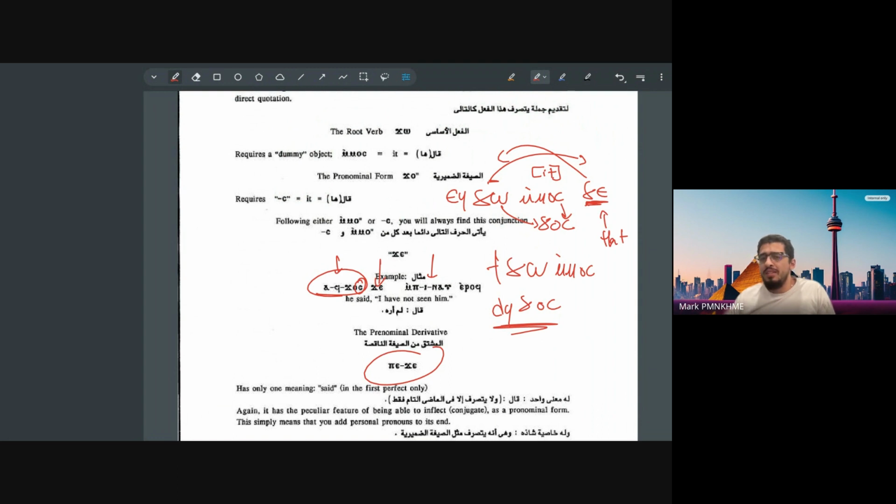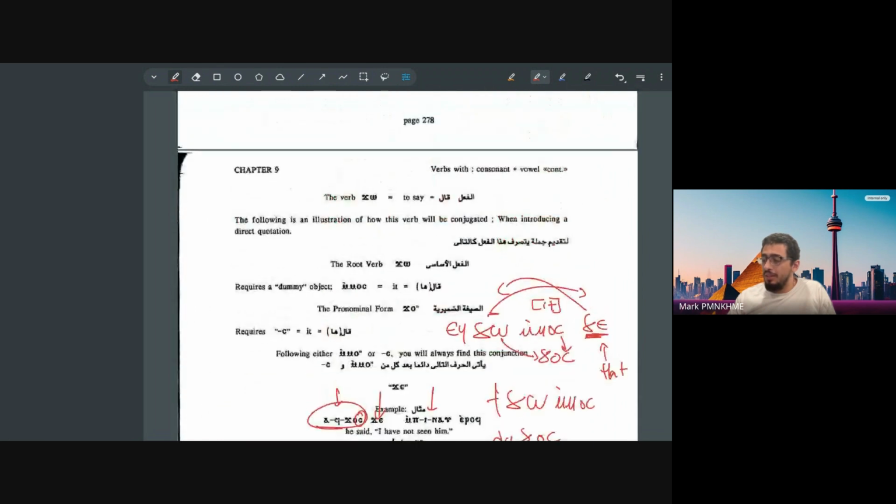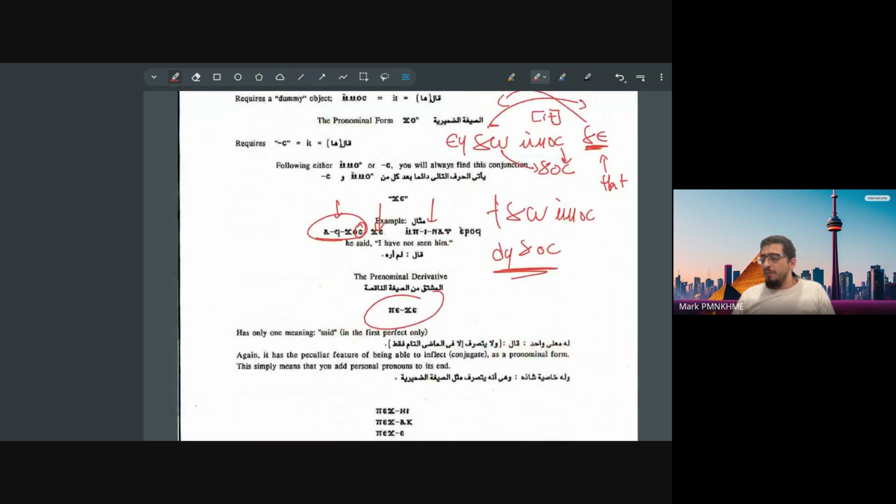You always have to say something. So you can say I j nai. So I said this. So you just have to say something. So if there's nothing specific that you are actually referring to, you have to use an unknown s. So ⲏ. So I just j. So I said that. I did not see him.